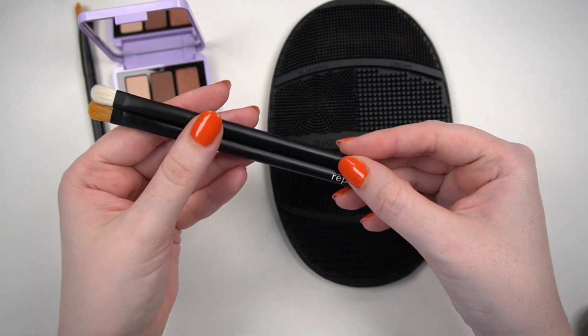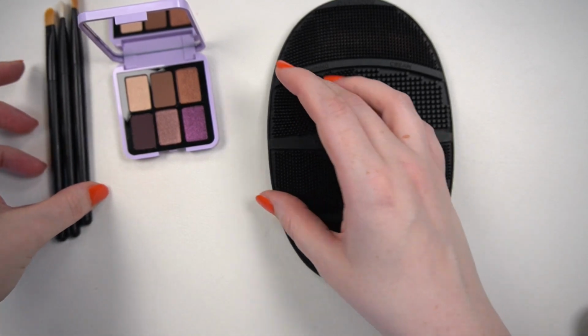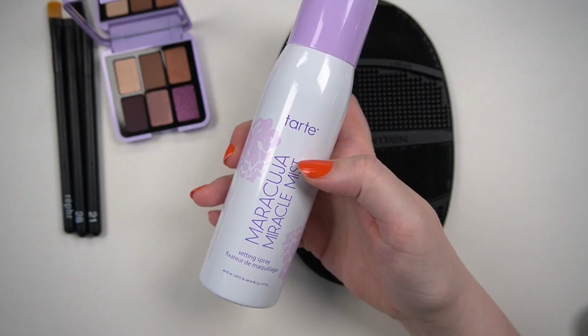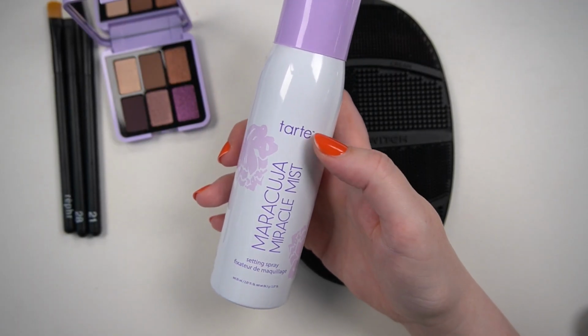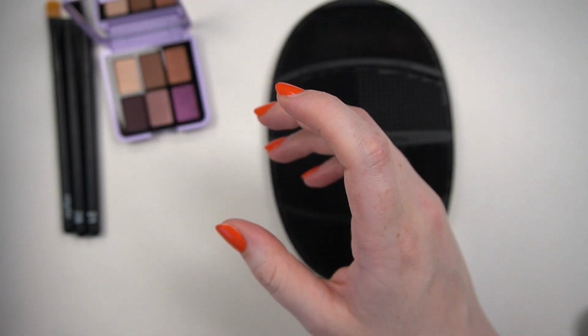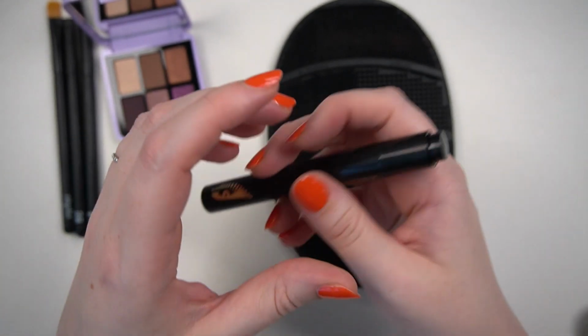So I might try that out just to see how it does, but I only have one of those. And for the wet brushes, generally I use the Tarte Maracuja Miracle Mist to dampen my brush. It has a nice fine mist to it. For Pat McGrath though, I do have her